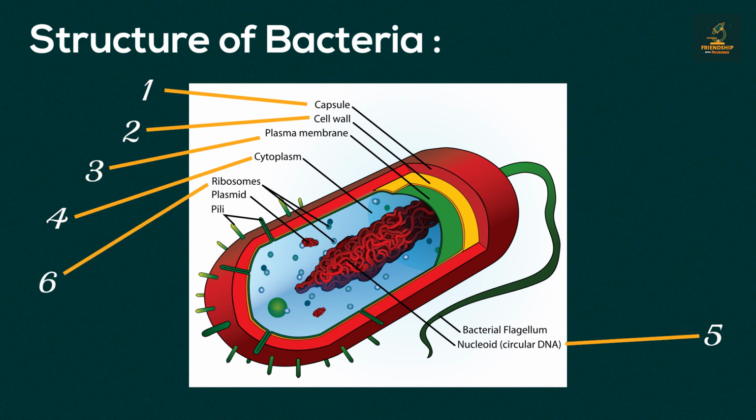Number 6 is ribosomes. This is where proteins are made or synthesized. Ribosomes are complex particles made up of RNA granules. Number 7 is flagellum. This is used for movement, and some bacteria can have more than one. Number 8 is pili. These hair-like appendages on the outside of the cell allow it to stick to surfaces and transfer genetic material to other cells. This can contribute to the spread of illness in humans.